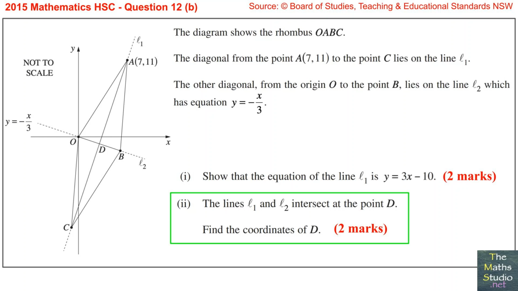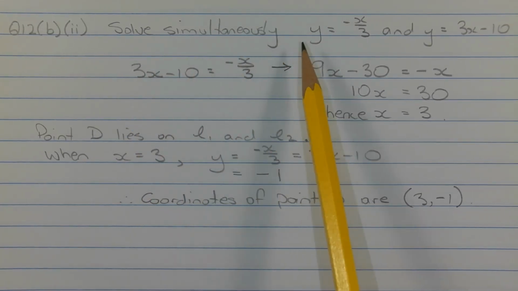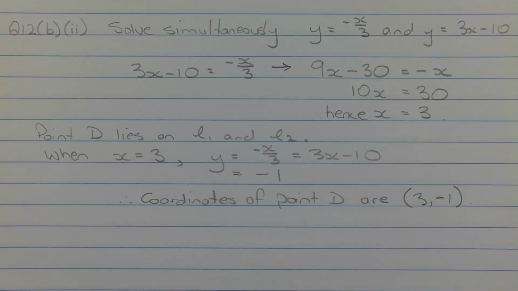Part 2. The lines L1 and L2 intersect at the point D. Find the coordinates of D. To find the x-coordinate of point D, solve simultaneously the equations y equals negative x over 3 and y equals 3x minus 10. Using the substitution method, we can form the equation 3x minus 10 is equal to negative x